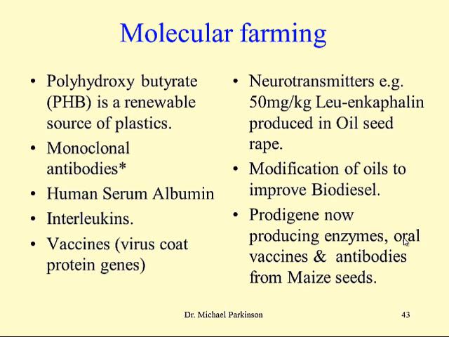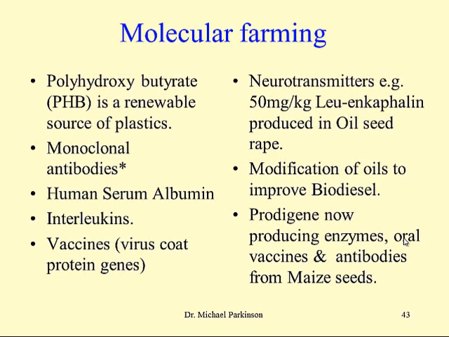So it's possible to get appreciable levels of polyhydroxybutyrate in plants. If you clone the genes for antibodies into plants, then you can get monoclonal antibodies being produced in plants. And you can produce different antibodies by doing different sexual crosses. I've already mentioned human serum albumin,